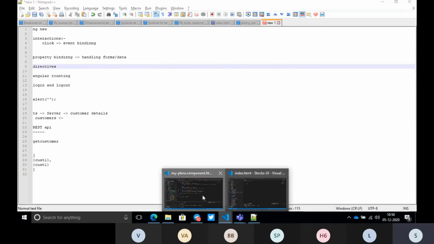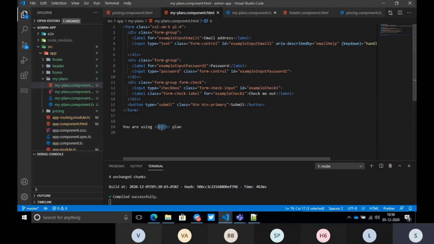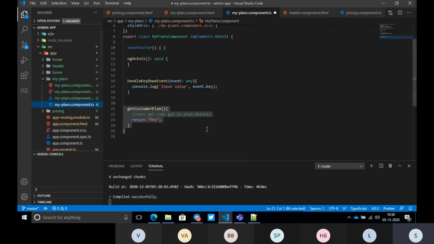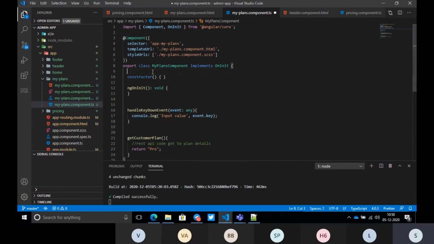So now we want to display the plan details. For that, we will create a variable, plan details or selected plan, whatever. In the last class I already told you how to create a variable. A variable is nothing but a name and a type.